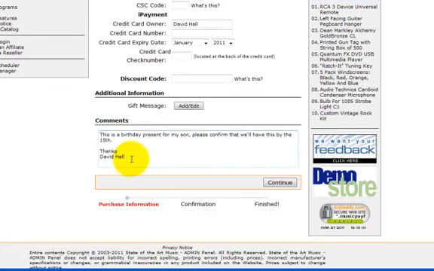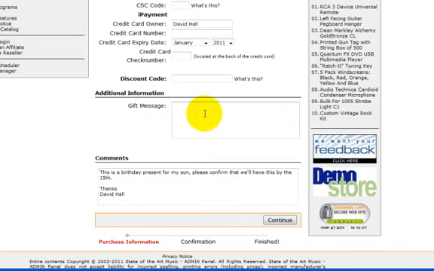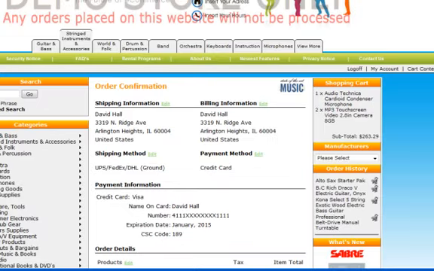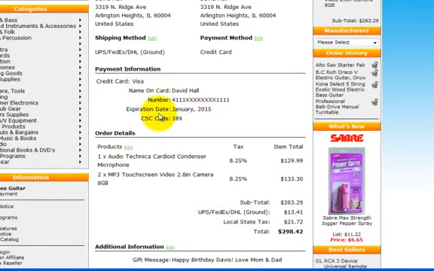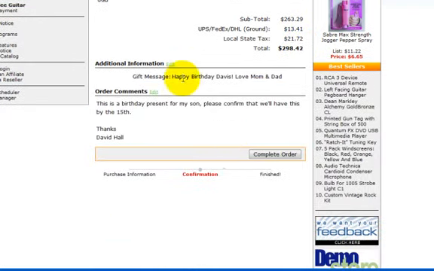Customers may add a note to you under the comments box or can use our gift message feature, and that will appear in the control panel as well. So click continue, and we see an order confirmation page appear. Again, the shipping and billing, the payment information, the summary of the order, and the total amount. We have the gift message down here below, and we have the order comments. So we can complete that order,